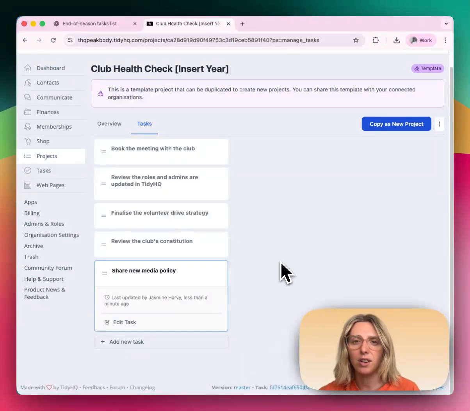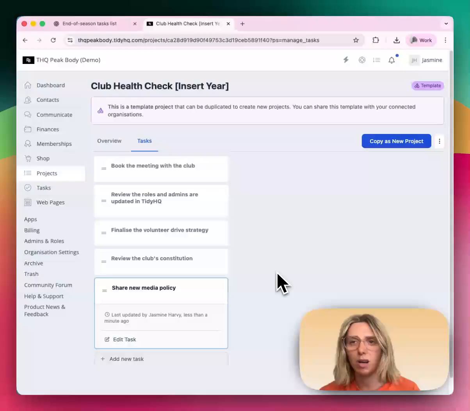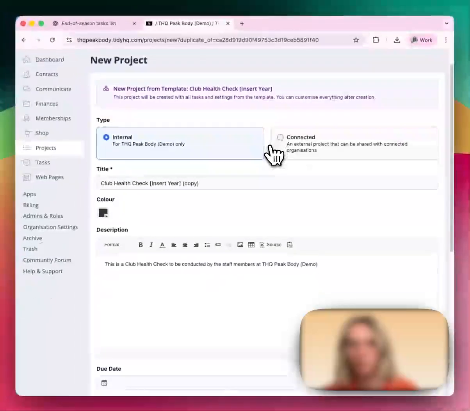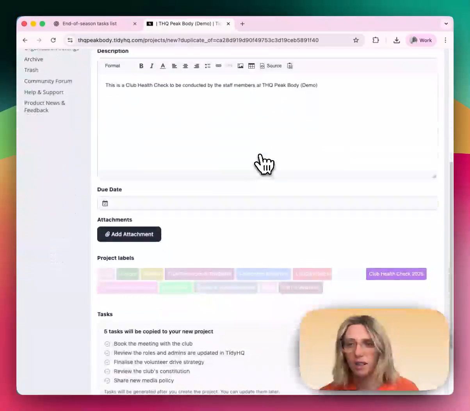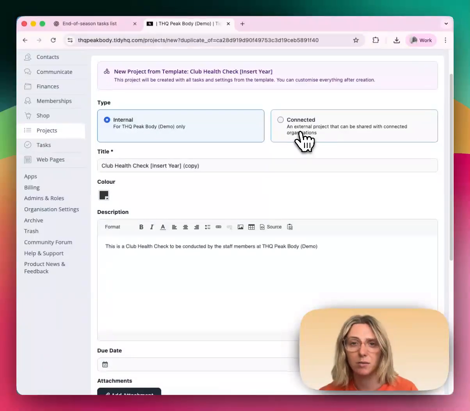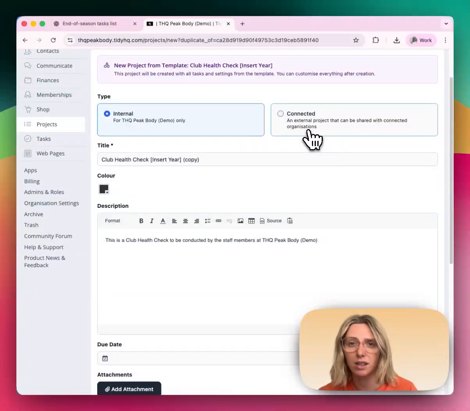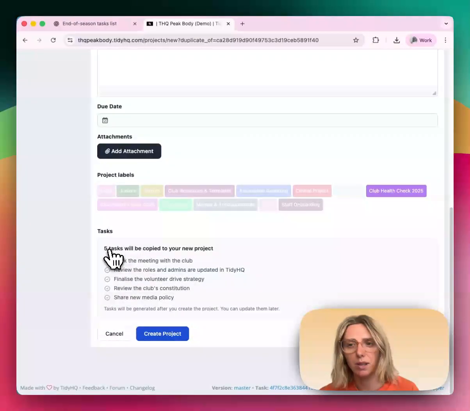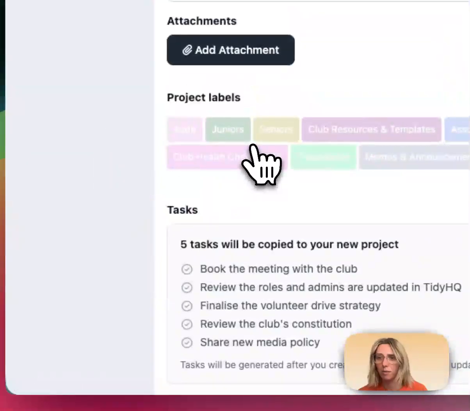I'm just going to add a couple more tasks to this template, and then we'll head over to the next steps. So I've gone ahead and added a couple more tasks for my club health check. Now what I need to do is click this copy as a new project here, and it'll redirect me to this page where I will copy the project, and it will ask me if this is going to be internal or a connected one. So am I going to share it with another connected club, or is it just internal use? And you'll see at the bottom here, it will copy these 5 tasks down here. For this example, I'm just going to run through the internal one. I'll click create project,